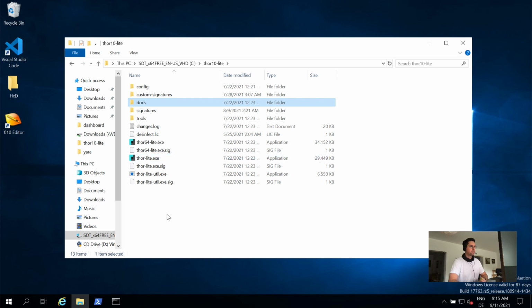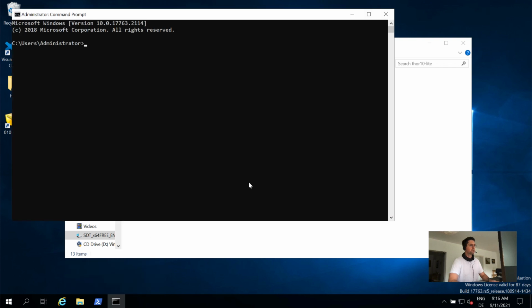But let's go to the program folder. You see there is the 64-bit version and the 32-bit version here, and there is the THOR Lite utility. What I will do is I will open up Windows command line in this case as administrator. I will move to that THOR Lite folder, and then I will